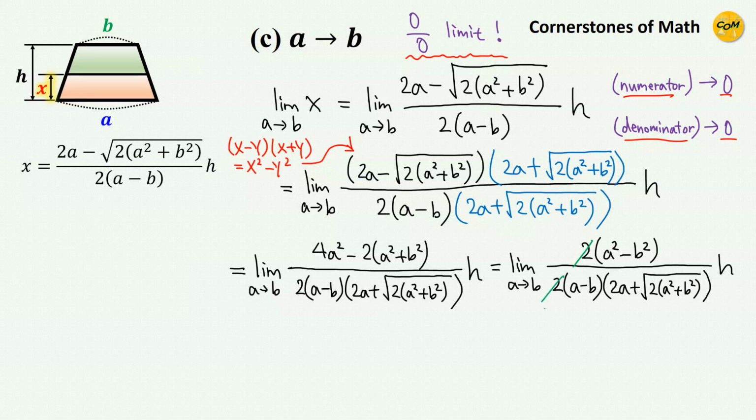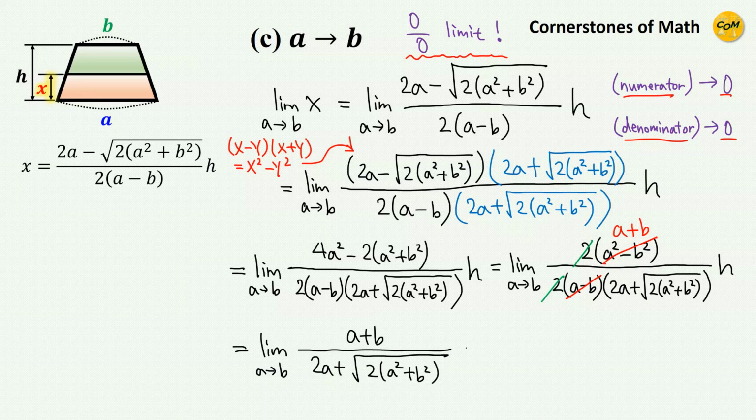So we can cancel out 2, and more importantly, we can cancel out a minus b in the denominator, and this leaves a plus b in the numerator. So we have the limit a plus b divided by 2a plus square root of 2a squared plus b squared